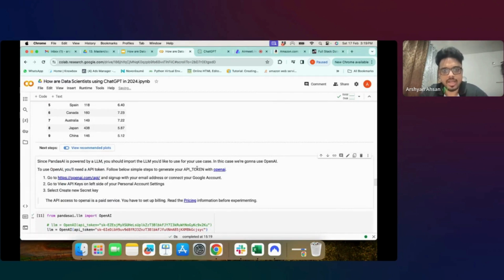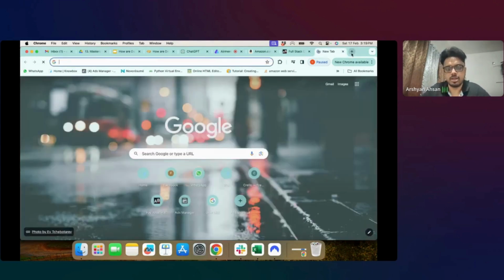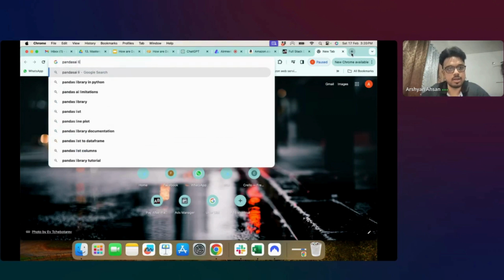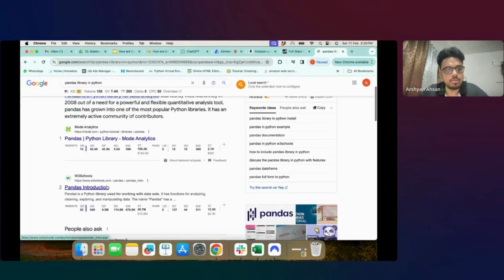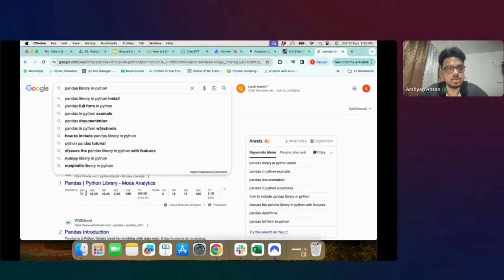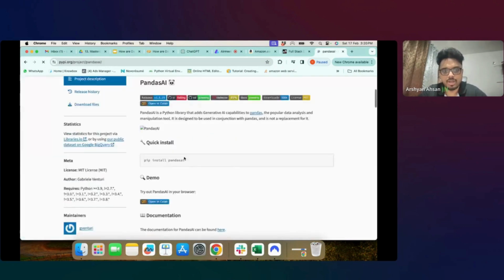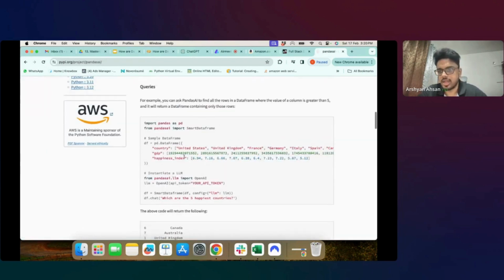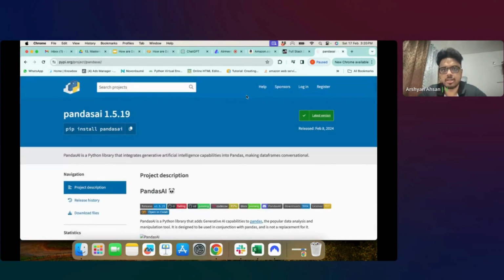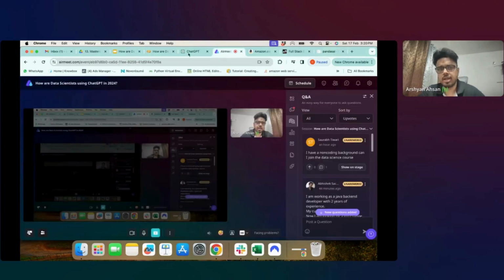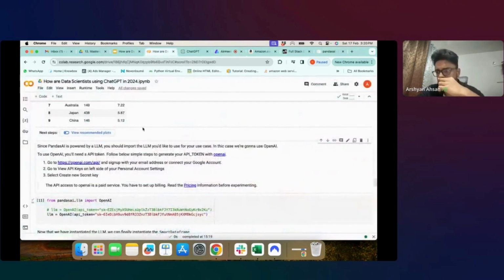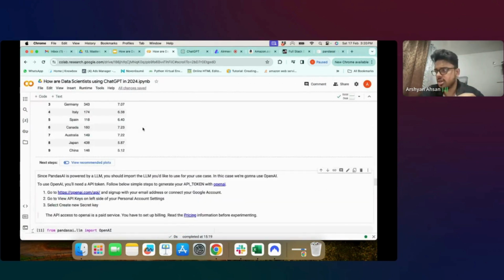ठीक है, अगर आपको पांडास एआई के बारे में थोड़ा और पढ़ना है कि क्या है पांडास एआई, कैसे काम करता है, तो आप पांडास एआई लाइब्रेरी इन पाइथन गूगल पे सर्च कर सकते हो, और आपको पांडास एआई लाइब्रेरी का ऑफिशियल डॉक्यूमेंटेशन मिल जाएगा। यहाँ पे क्या यूज केसेस हैं, क्या क्या चीजें होती हैं, वो आप आराम से देख सकते हो। ऑल ऑफ दी लिंक टू लर्निंग मटेरियल्स, कोलैब नोटबुक, सीएसवी, डेटा दैट वी आर यूजिंग फॉर एक्सपेरिमेंटेशन, ऑल ऑफ दिस विल बी शेयर्ड इन अ कॉमन व्हाट्सएप ग्रुप।